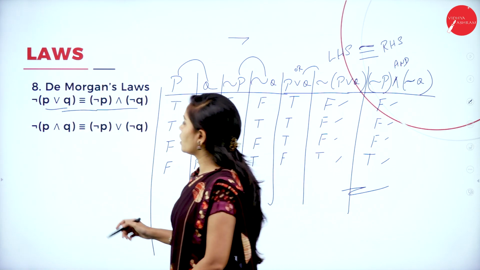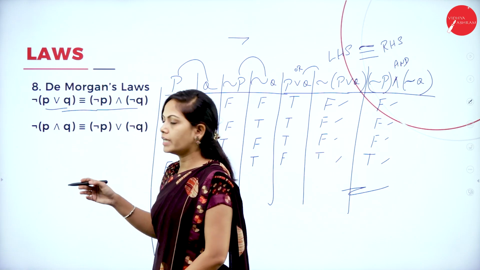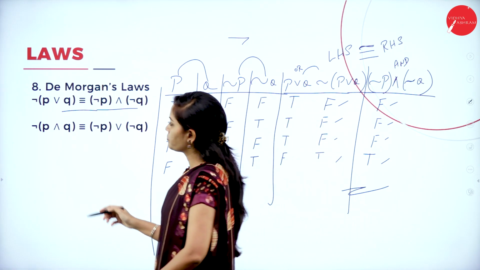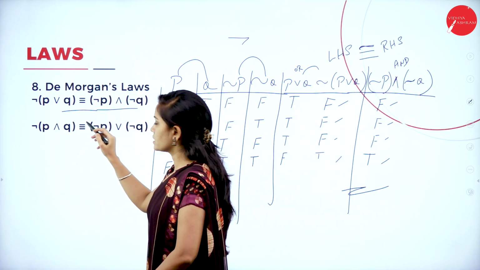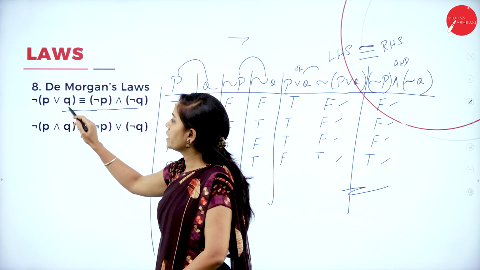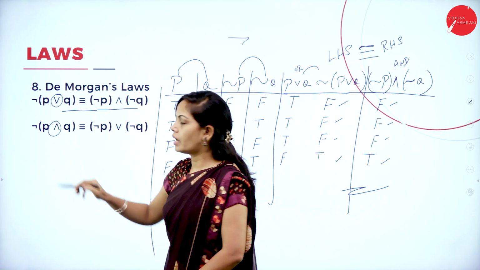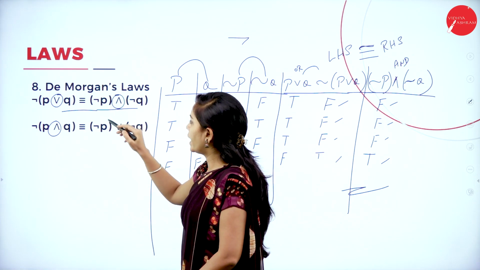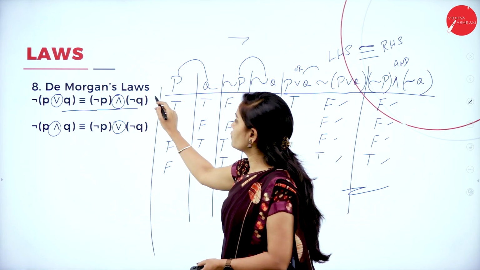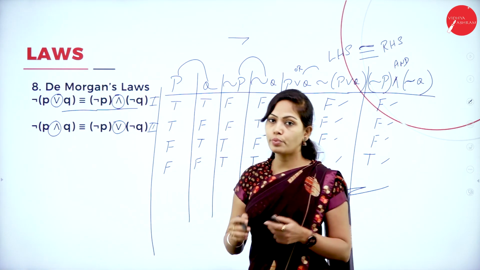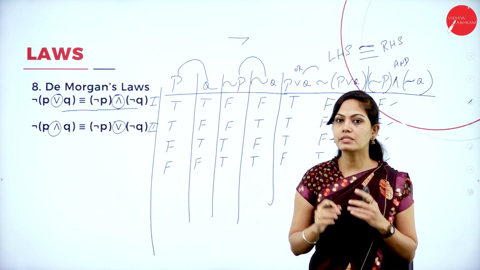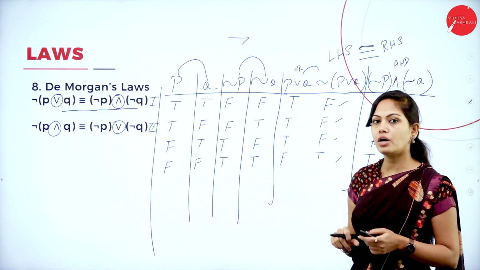And the second De Morgan's law is, instead of this OR condition, I have AND condition. De Morgan's second law states that negation of P and Q is equivalent to negation P or negation Q. It's just the opposite of the first law. Here I have OR condition, here I have AND condition. And here I have AND condition, here AND changes to OR condition. So both are De Morgan's law: De Morgan's first law and De Morgan's second law. It is a very simple concept. While doing the problems, we are applying these laws. Please remember these laws. You have to apply these laws in problems.